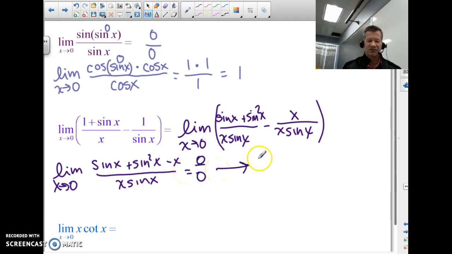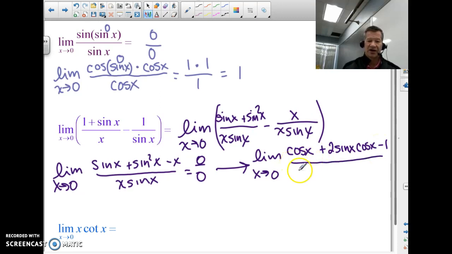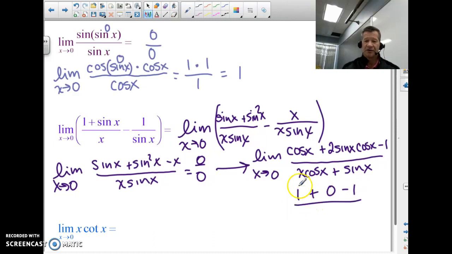So now let's use L'Hopital's rule. So the limit as x approaches 0, the derivative of sine is cosine. Then I've got a chain rule. Junk squared would be 2 times junk to the first times derivative of sine is cosine minus the derivative of x is 1. All over on bottom I got a product rule. X cosine x plus 1 times sine of x. So I substitute in, I get 1 plus the sine of 0 is 0, so that's all 0, minus 1, so that's still 0. Here I get 0 times 1, which is 0, plus I get 0 over 0. I got to do the